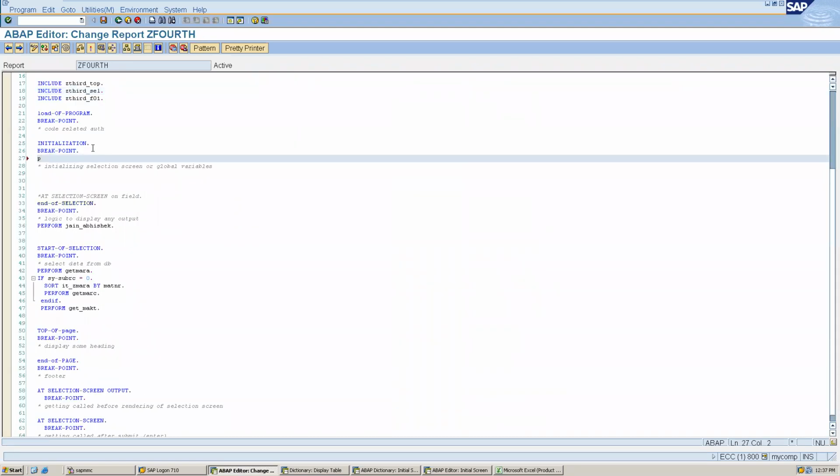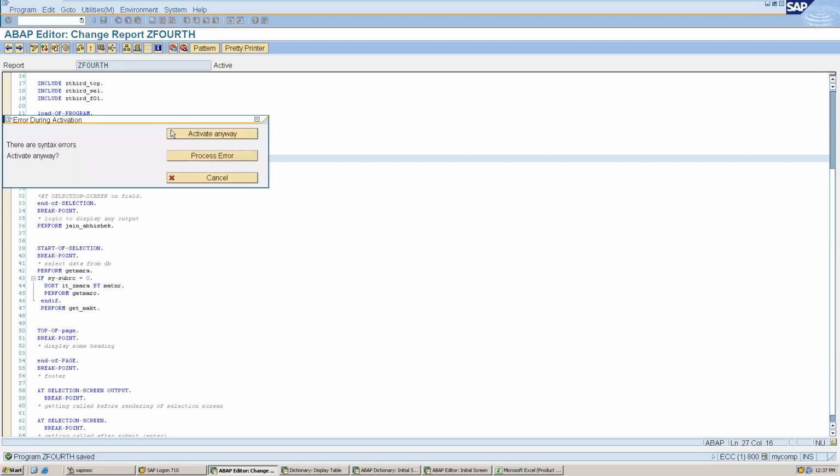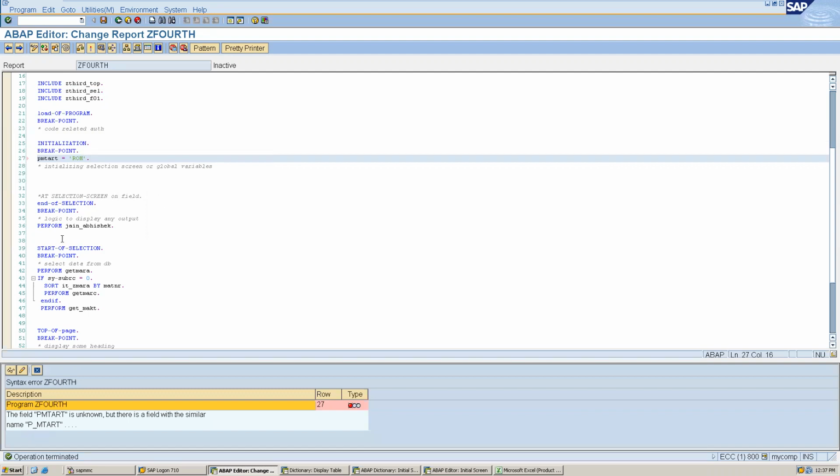So if I write P, what is the P, MTART, right? We have defined this equals to, if I have to assign ROH by default, I can write that code here. I think the name is wrong, I picked the wrong one, so it is P underscore MTART.